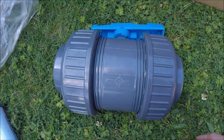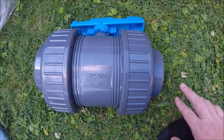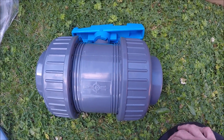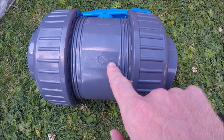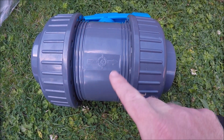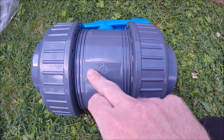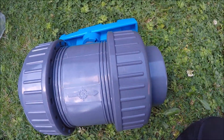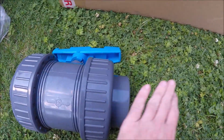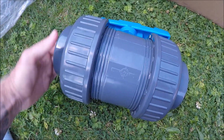There's a couple of things about these ball valves that are worthy of sharing. That's a double union, so there's 2 parts on the end which are screwed off and on. There's an arrow on the bottom of this here. This arrow needs to be installed with that way pointing towards the filter. It's not the flow, it's actually points filter. The reason for that is because if you imagine your filter's here, then you go to the ball valve and you can turn it on and off. When you take this end